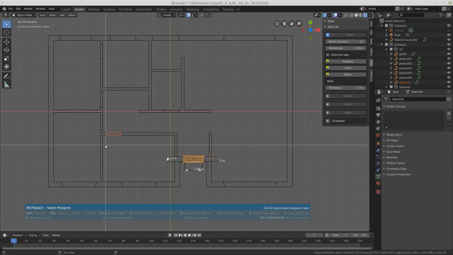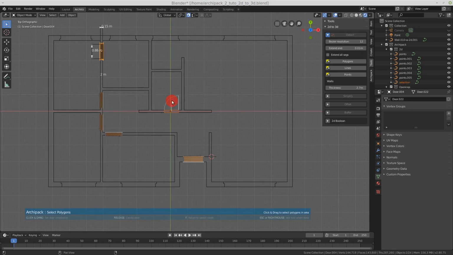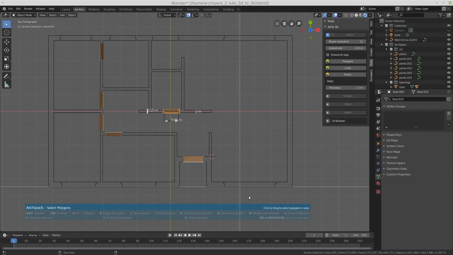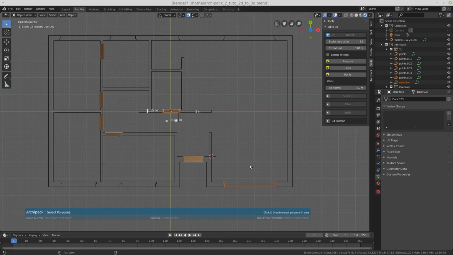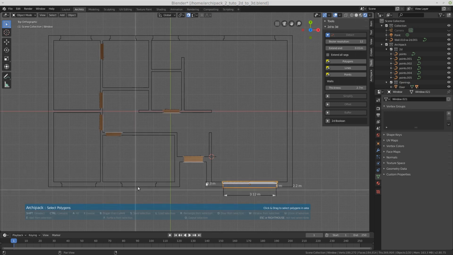Same for here, D key, choose the orientation, easy and fast. The same for windows, select and simply show the inside.